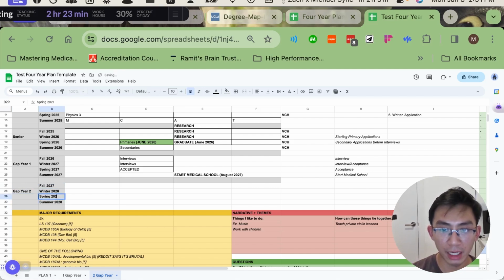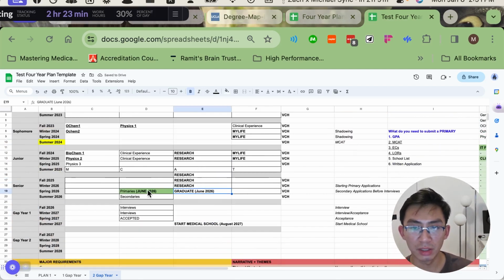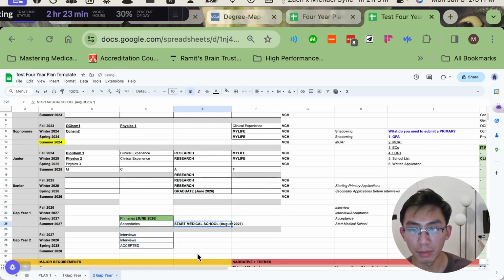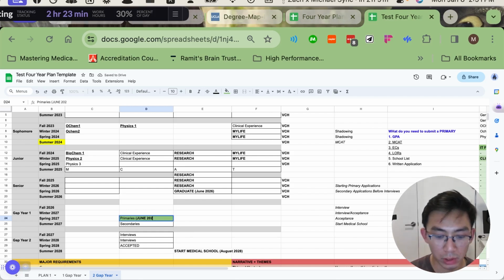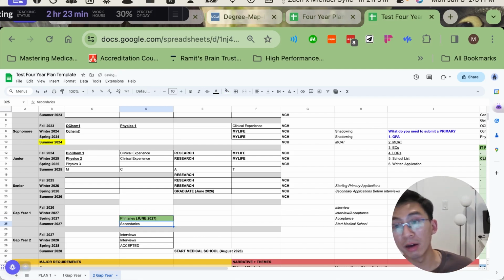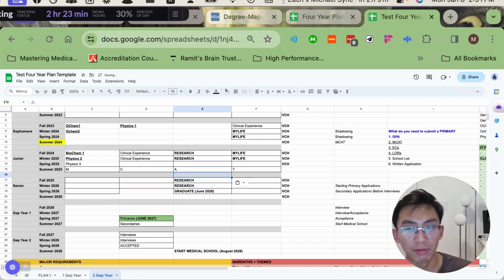Boom. And then now again, what doesn't change, you still graduate in senior year of college, but everything else moves down, right? The primaries move down a year, starting medical school moves down a year. So you move to August of 2028, your primaries go to June of 2027. I personally love this plan, and this is actually the plan I was considering on doing before I decided to